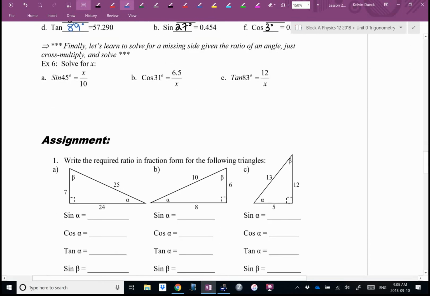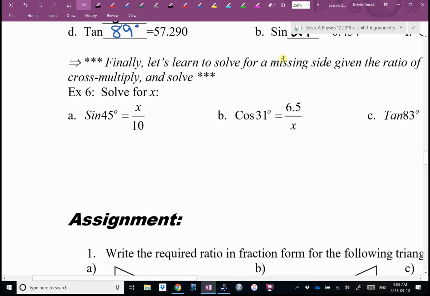Last thing. If I know the trig ratio on one side, I can cross multiply to get a missing side. So, for example, if I know that the sine of 45 equals opposite over hypotenuse, and the hypotenuse is 10, and x I don't know, I can solve for that. How would I get the x by itself? By what? Okay, so you're telling me